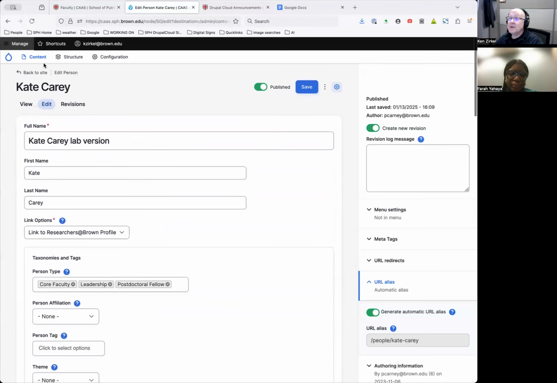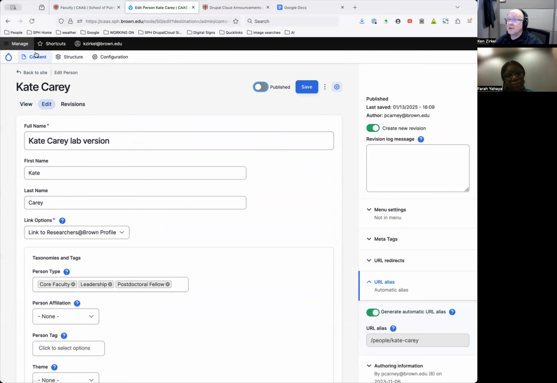So let's say my example is removing somebody. If you want to remove them, all you have to do is unpublish them. So that would be just click here where it's not published. And if I hit save, that would just take her out of the system and the page would automatically update without her. Got it. And as long as I don't hit save, it's not going to save any of my